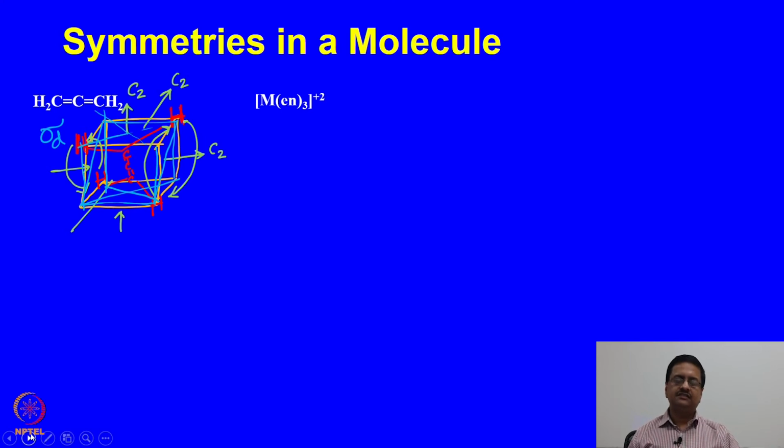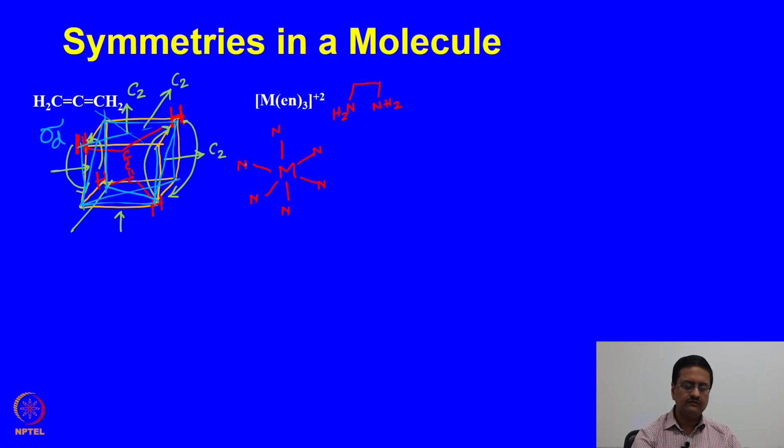Now, let us try to draw some metal complexes. M(en)3 2+. When I write en, it means ethylenediamine, which is like this. All of us know that this is a chelating ligand. So, if I have the metal ion which is octahedral, and we have the nitrogens connecting the ligands,